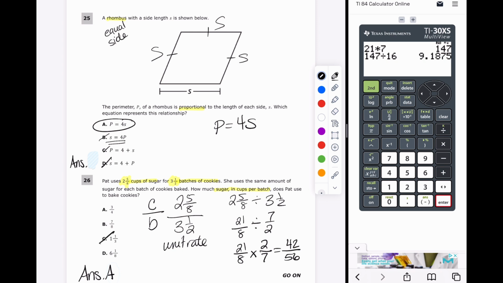So definitely C and D are wrong. And I just have to simplify this fraction. I know a common factor: I can divide both of these numbers by 7. And I would get 6 out of 8. And I could simplify that even more to 3/4,